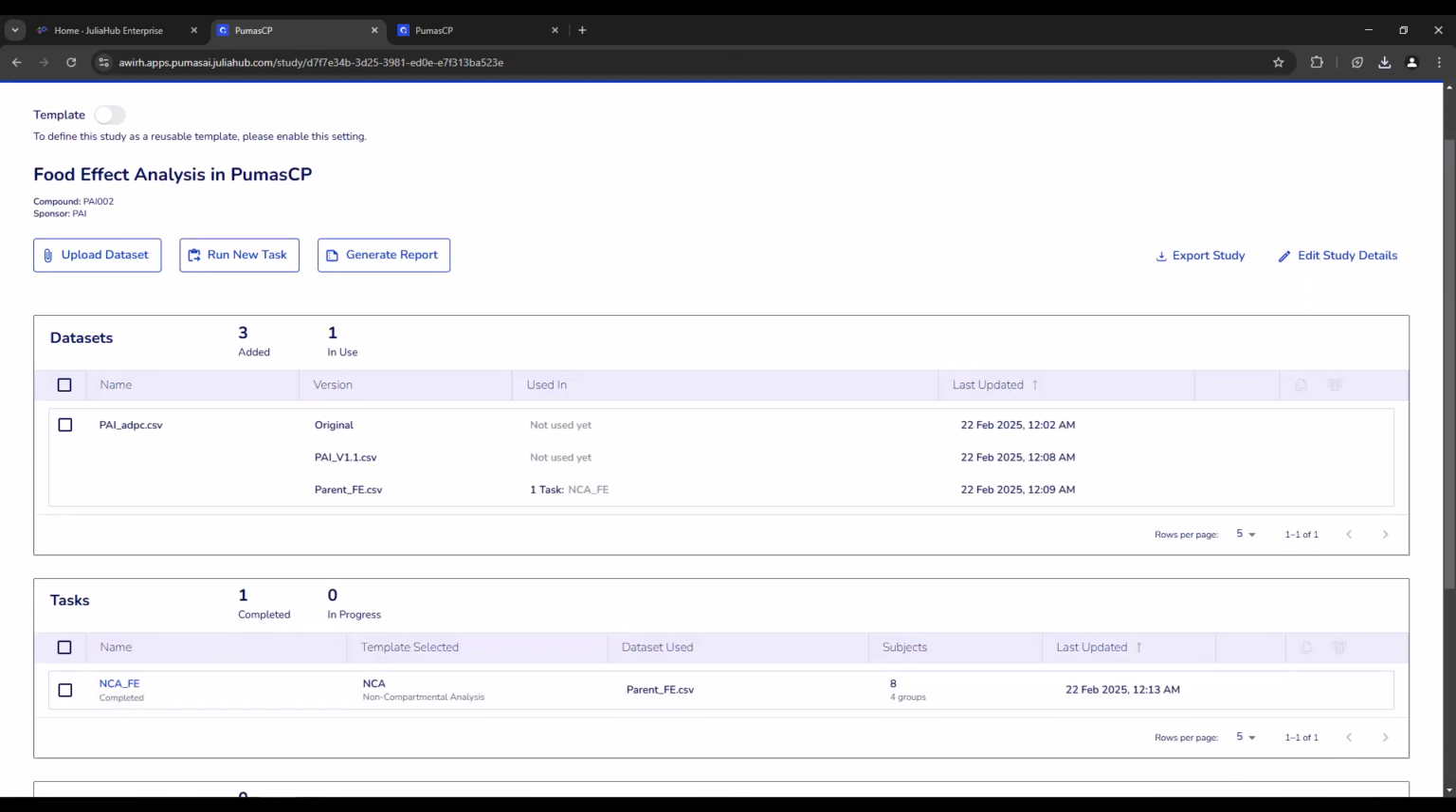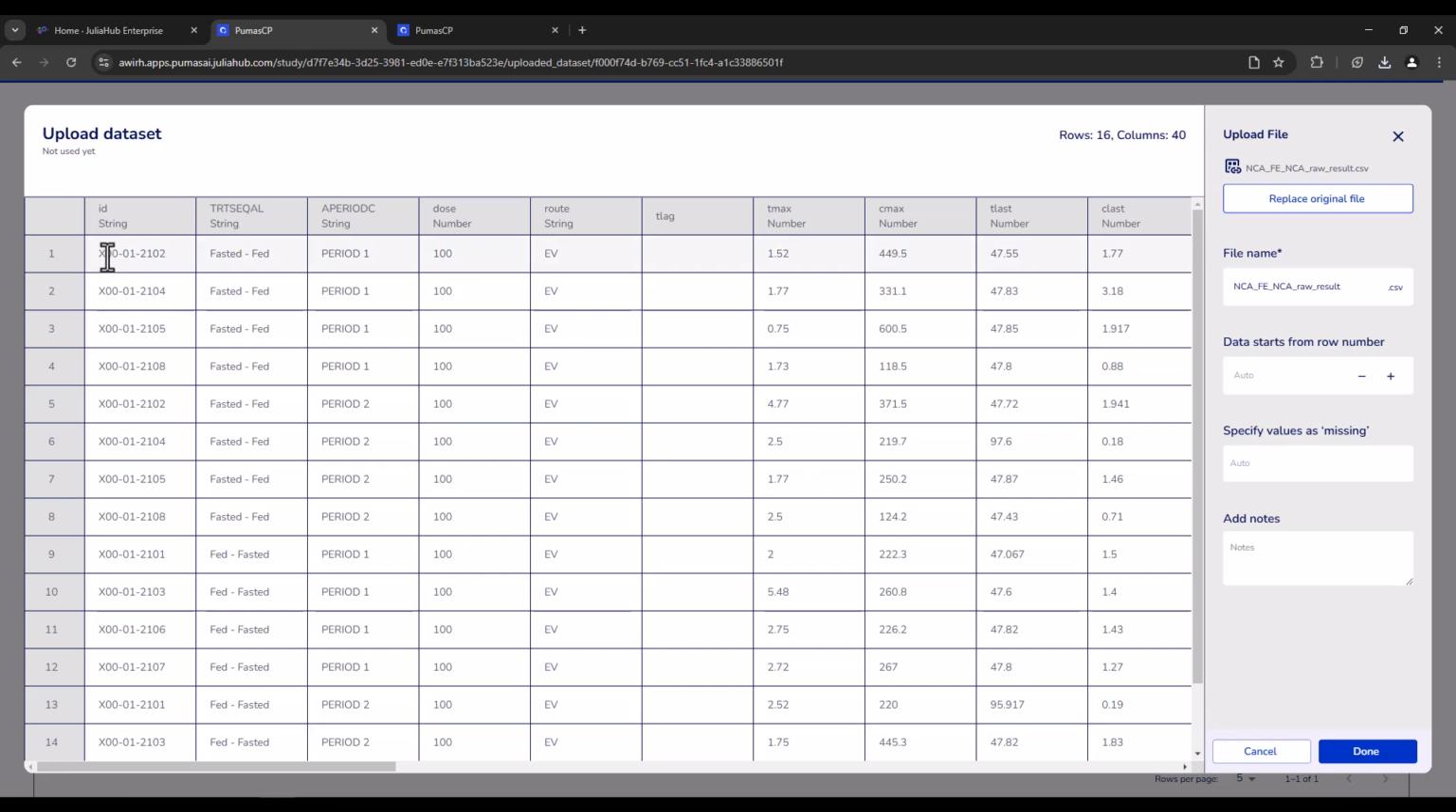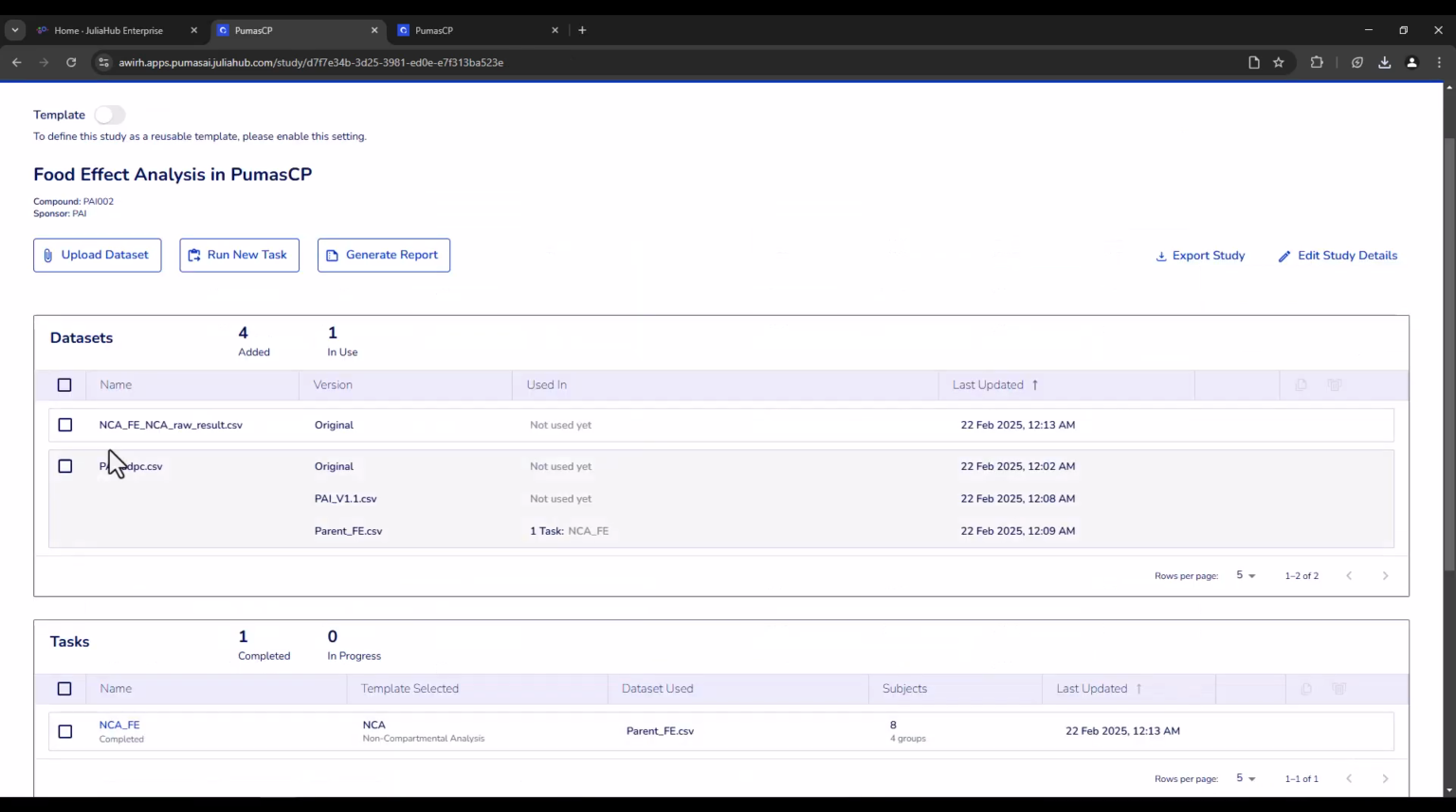Yep. Now my task is complete. Let me upload that dataset that I just downloaded. That is my raw result file. So this was the dataset that I was showing, right? See, for each subject, what is the Cmax, Tmax, AUC in each row, in each of the sequence and period. I click on done, and now